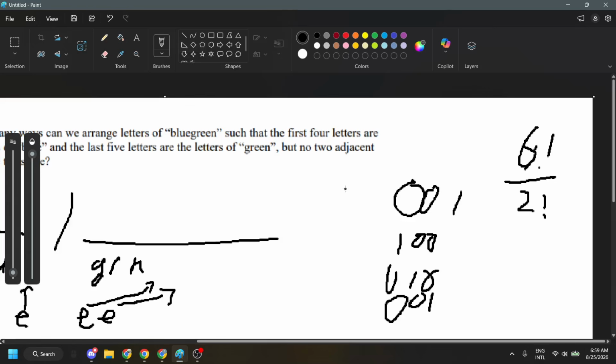Two times 3 is 6, times 4 is 24, times 5 is 120, times 6 is 720. So we really need to divide by